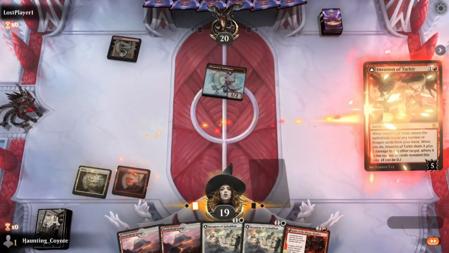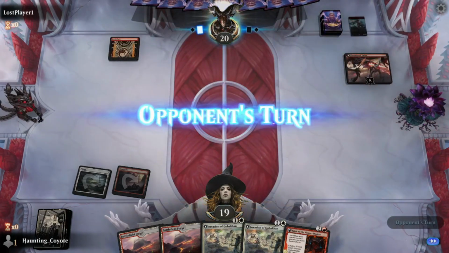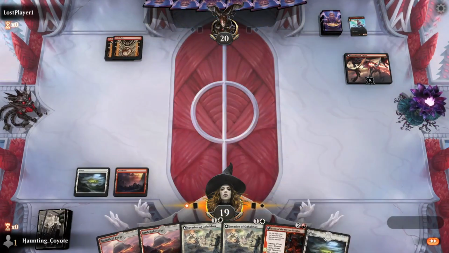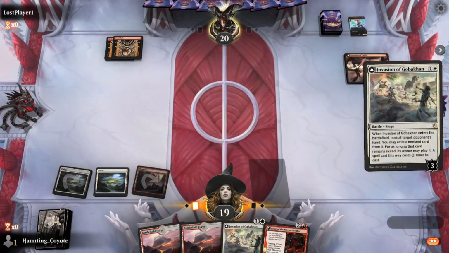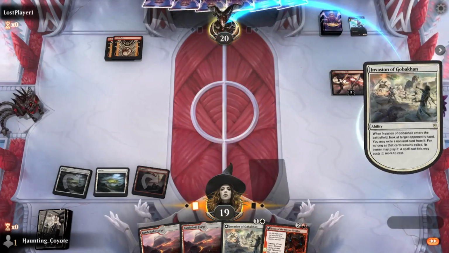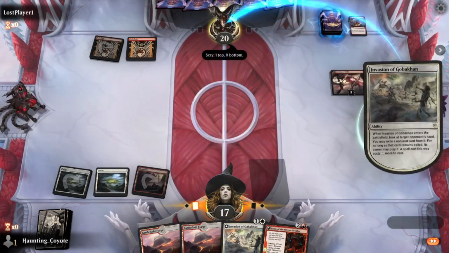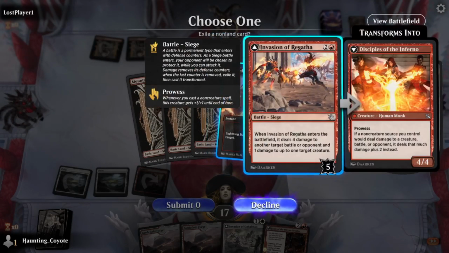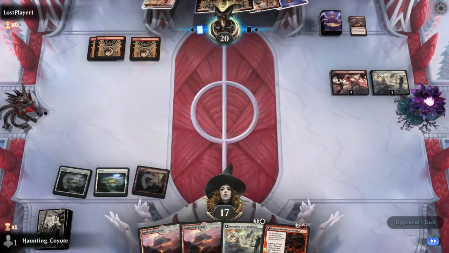Alright, let's go ahead and get rid of that Swift Spear. Now, he doesn't play anything. That is interesting. So now we're going to play Invasion of Gullikan, and we're going to check out what's in his hand. Okay, play a fire, nobody's surprised. Same old boring mono red. Let's go ahead and make the Lightning Bolt cost more. Seems he's kind of flooded out with mana, so...